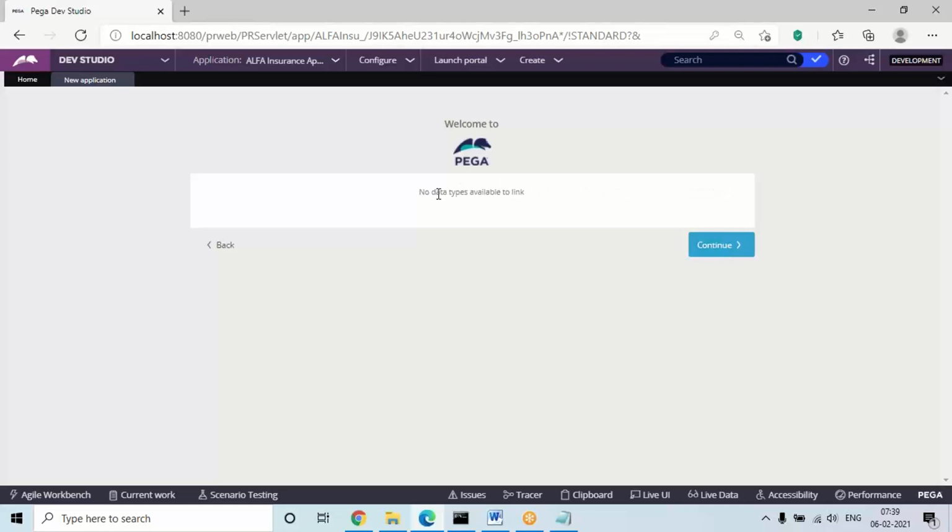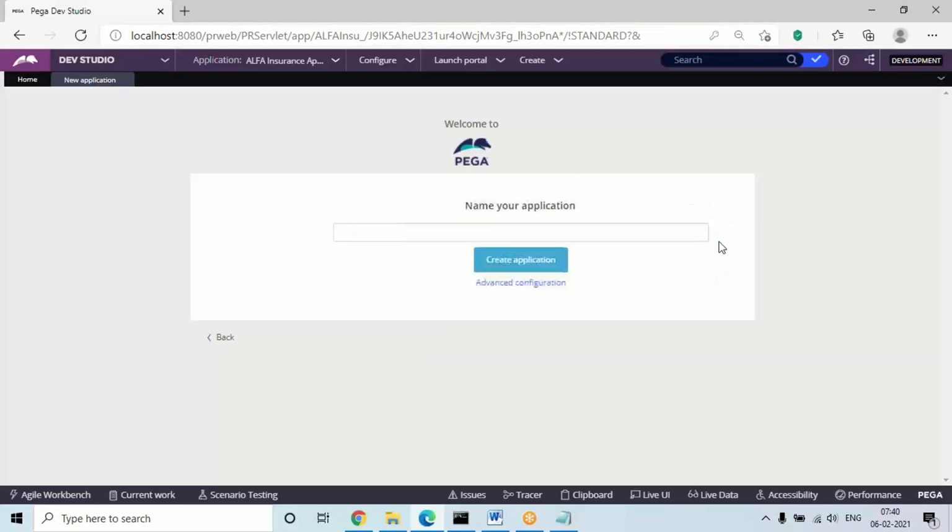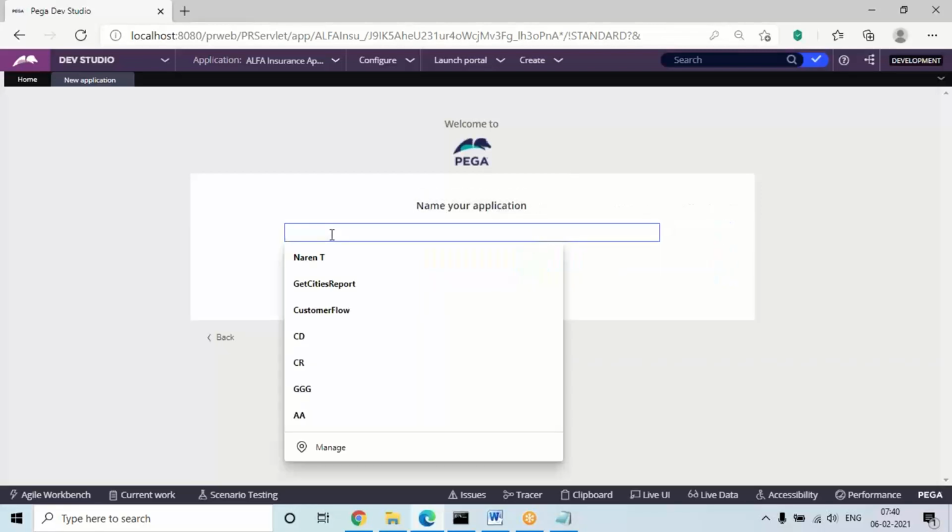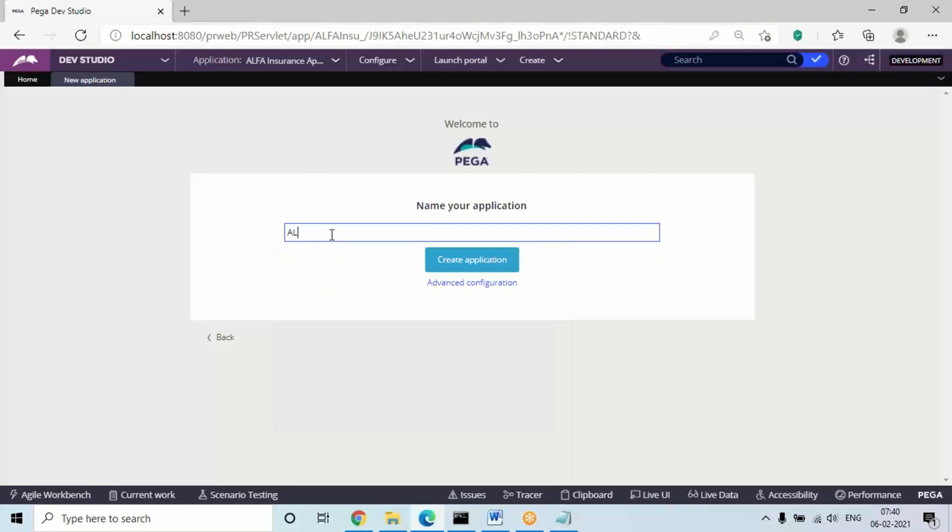Then you'll get something called data types, which we also define after opening the implementation. Tables in Pega are called data types. No need to mention anything, just continue with these screens. Again, you'll get the screen where we need to give a name for the implementation. I'm giving the name Alpha Auto Insurance Application.